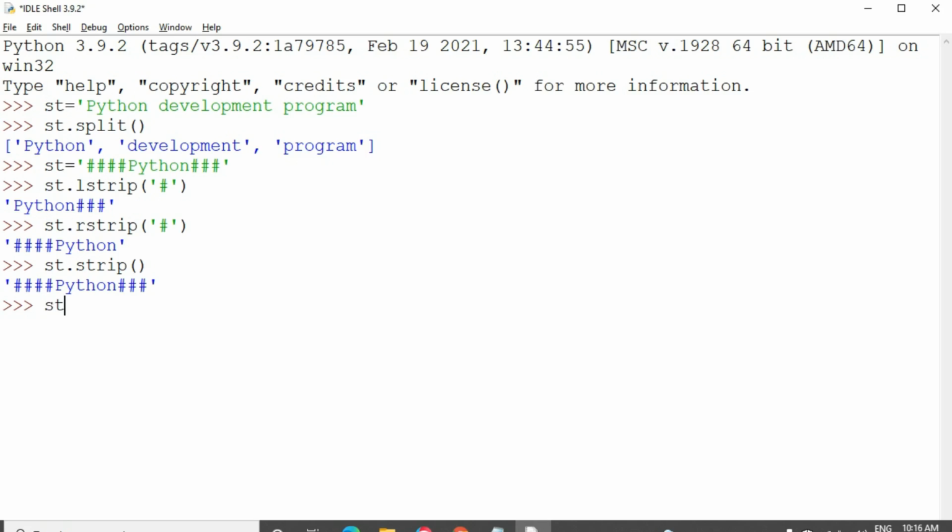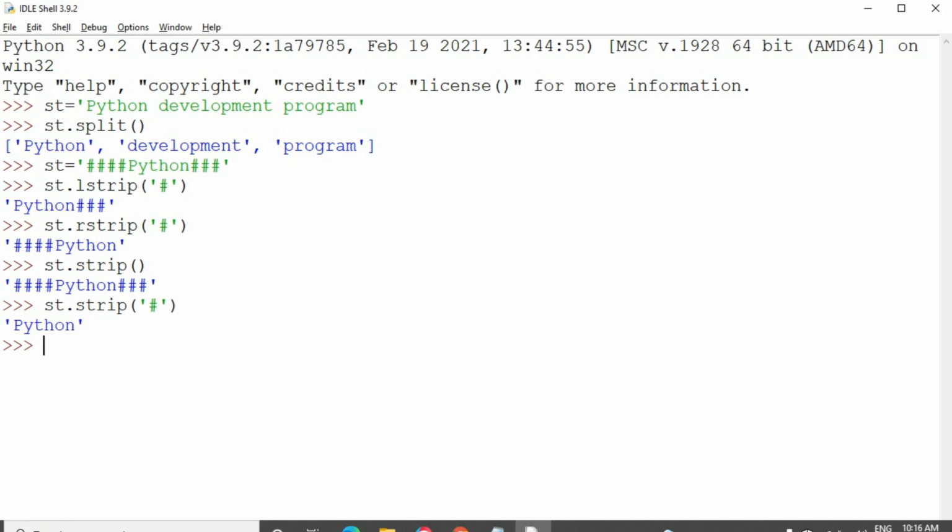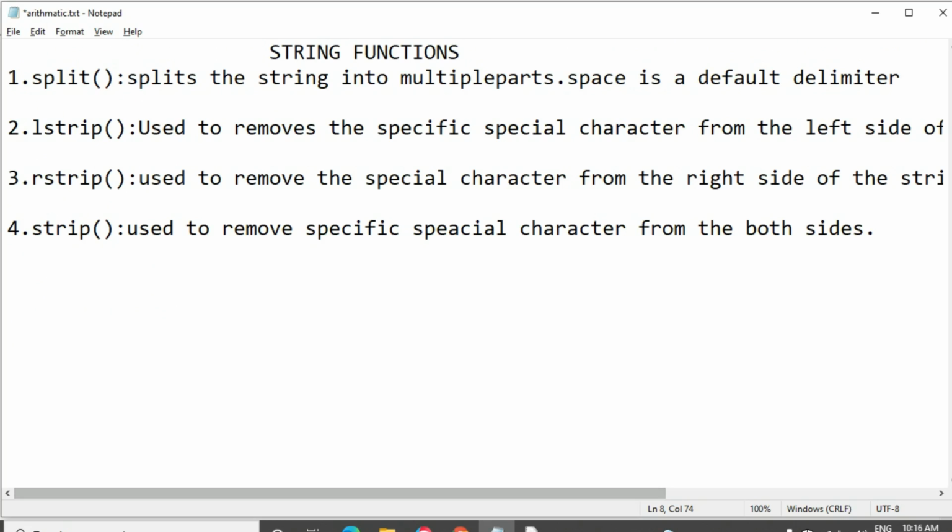Sorry, I forgot to give the hash symbol. st dot strip of hash. Okay, both hash symbols have been removed. This symbol has been removed and this symbol has been removed, on both sides.